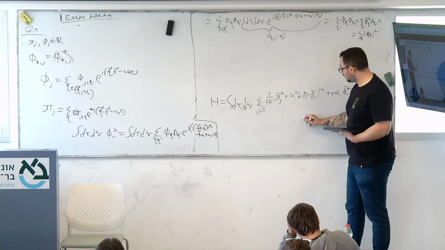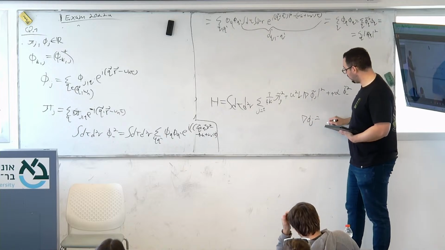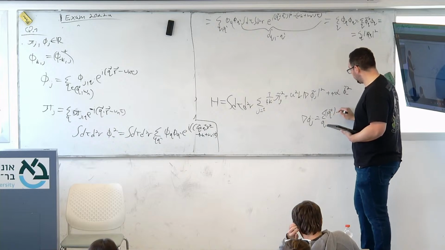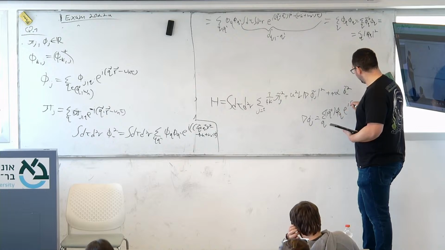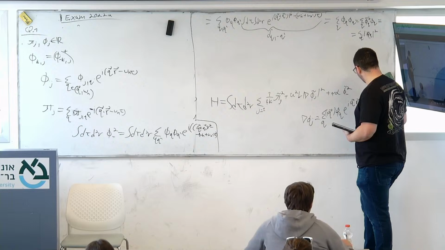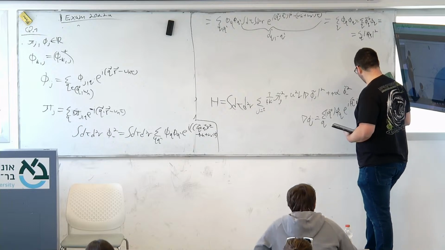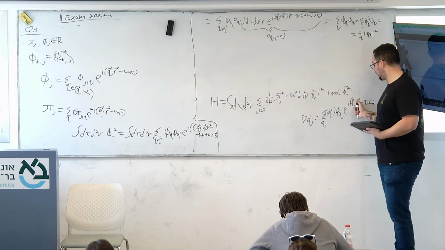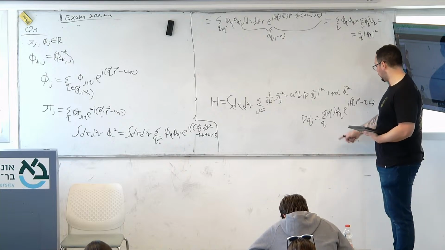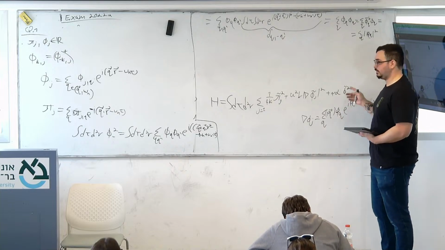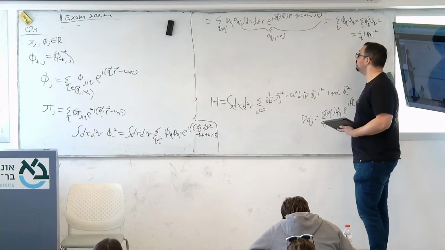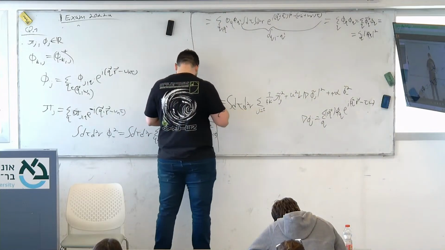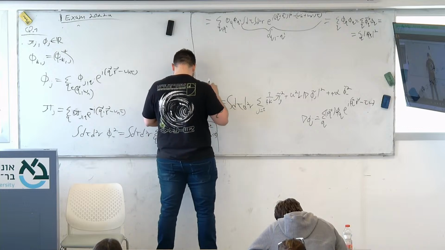I'm just going to note that delta phi_j will be equal to the sum over q of i q phi_q e^{i(q·r - tau omega)}. Okay. The derivative just reduces to the wave vector. Okay, so this Hamiltonian transforms in the end to